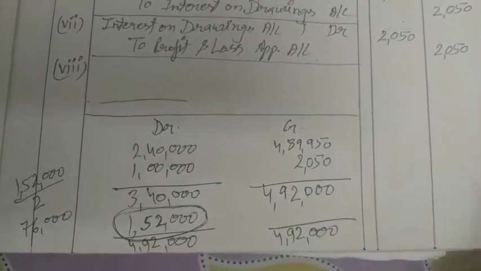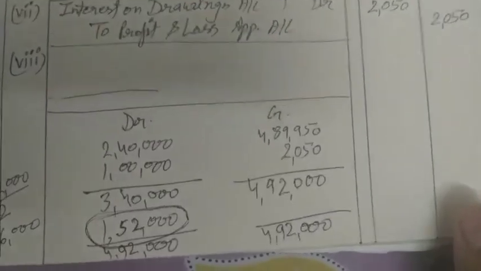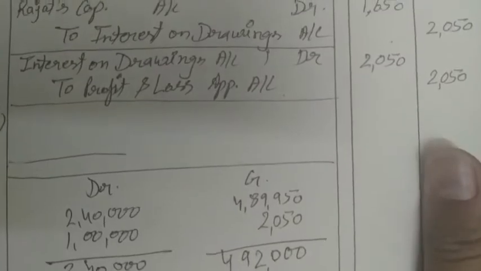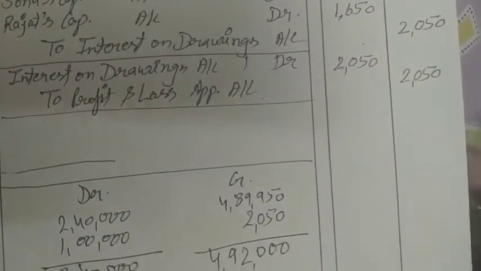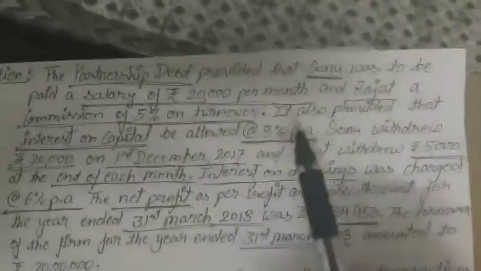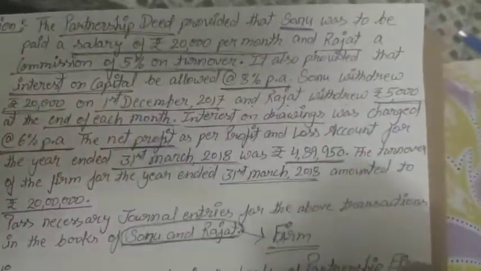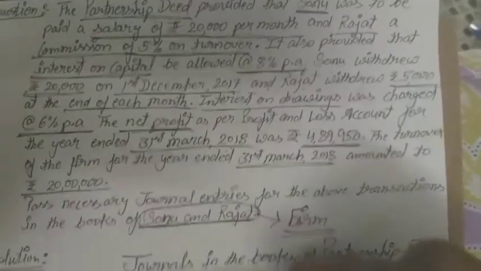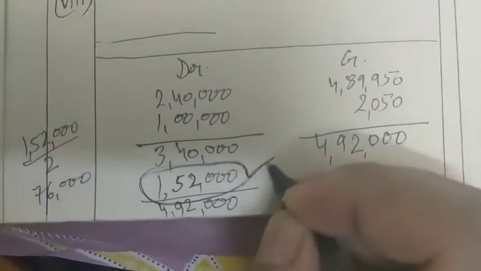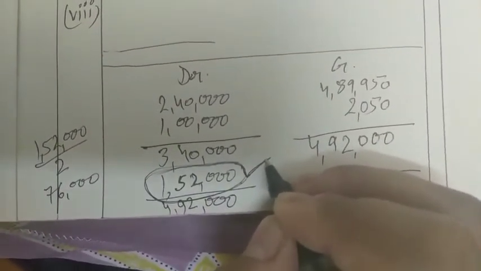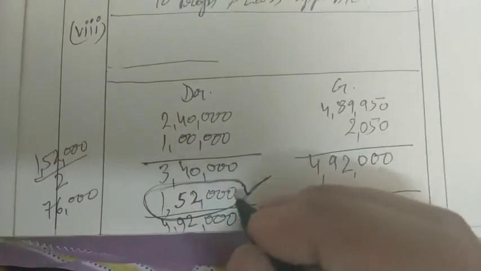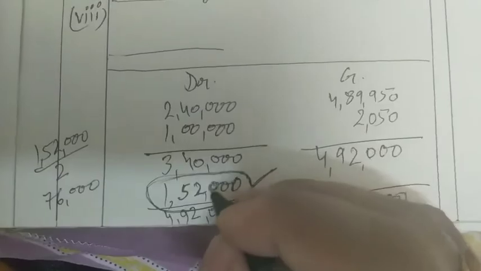Okay, but if the ratio is not given in the question, then what ratio will you use and according to which ratio will you distribute the profit? There is no ratio given in this question. So what we have to do? We have to distribute this profit to partners in equal ratio. It means equal ratio means half the amount will be distributed to both the